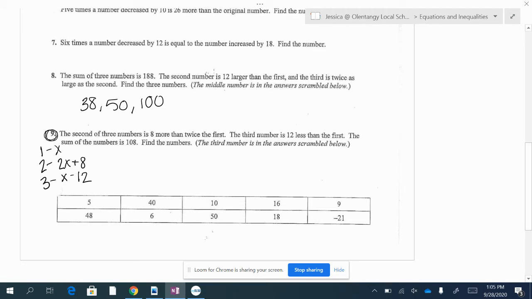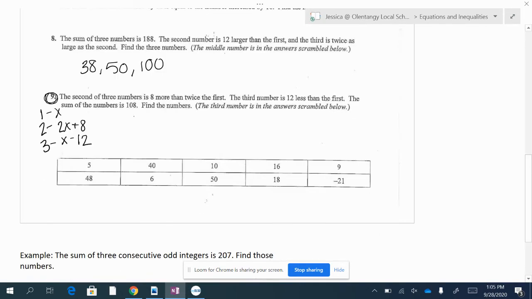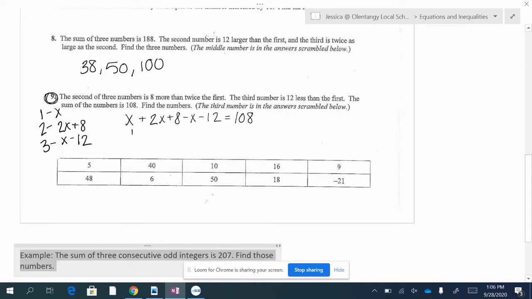The sum of the numbers is 108. If we add these together, x plus 2x plus 8 plus x minus 12 should equal 108. Then we can combine our like terms, so 4x